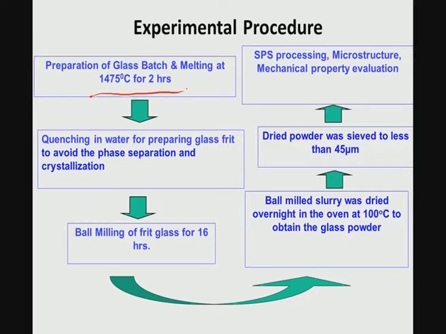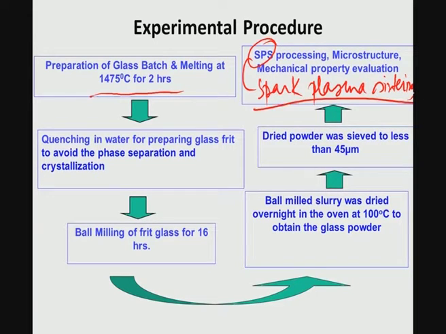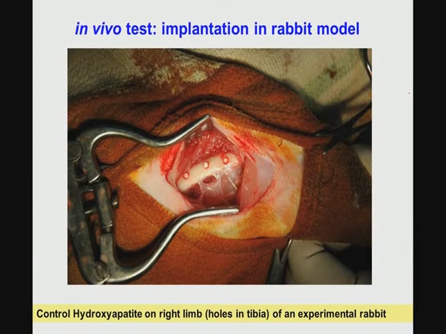Once you get the glass frit, you can ball mill it, like in a conventional powder metallurgical process, for 16 to 24 hours. Then the ball milled powder is dried and sieved, and then you can do spark plasma sintering, SPS, or conventional sintering, to get the glass ceramic materials. After that, the next step is ceramizing. Ceramizing treatment helps to develop the crystalline phases in the glass matrix.